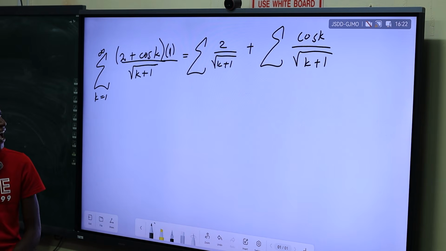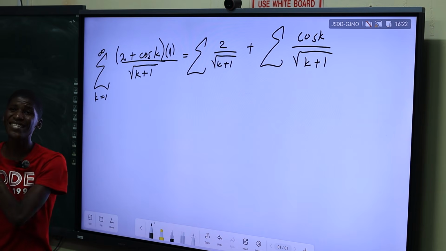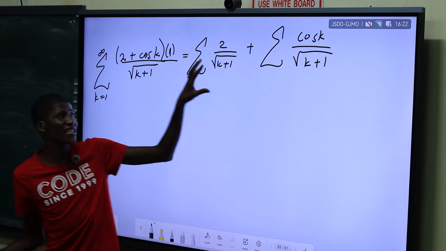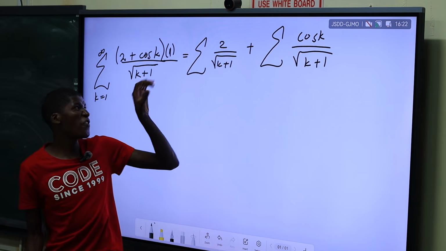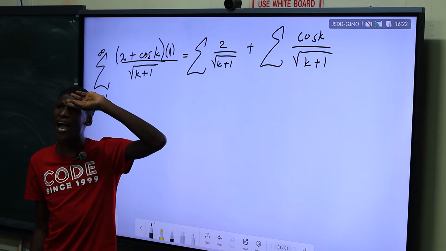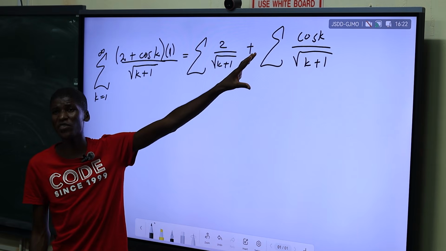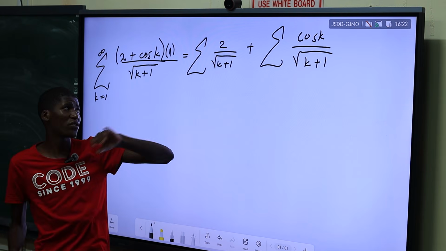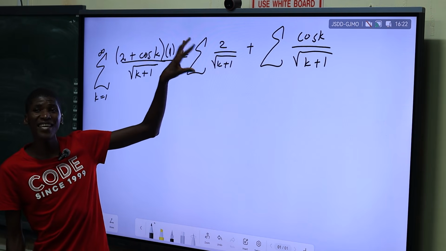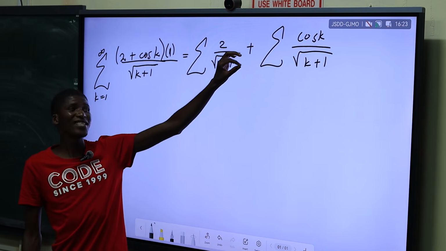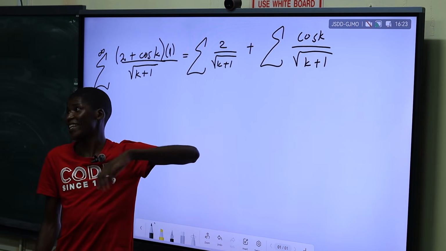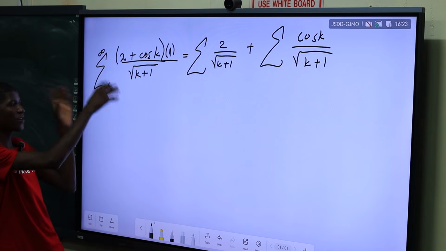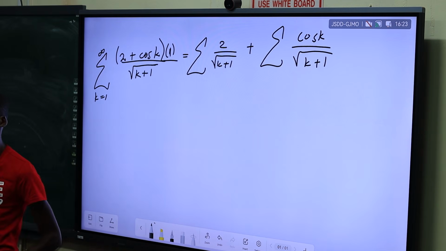Yeah, you evaluate these as independent integrals. Some integrals, they are additive, right? So if you do the integral of this and the integral of this, if you are adding two sums, if this one is convergent and this one is convergent, then the total sum will also be convergent. That's one of the laws. So if you can do the integral of this, you find the convergence alone. You do the integral of this, you find the convergence alone. If you are adding two convergent series, you must get a what? A convergent series, which is the original one.